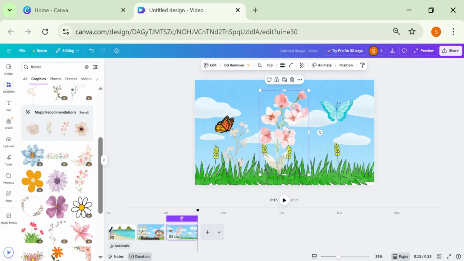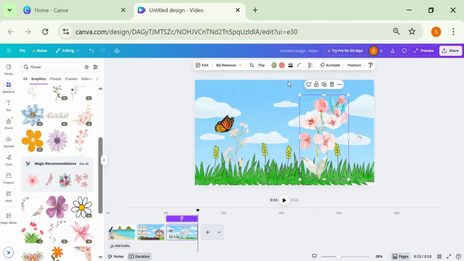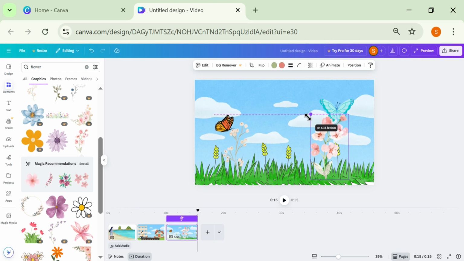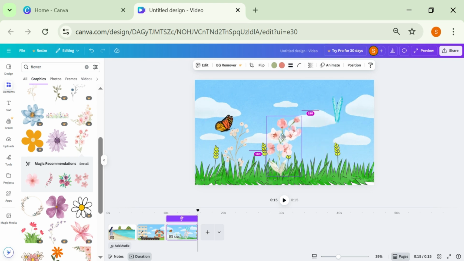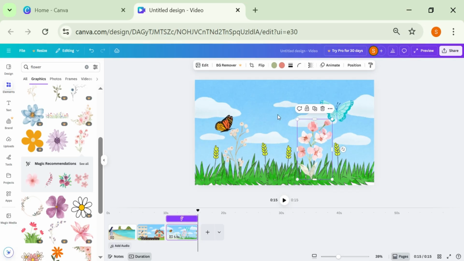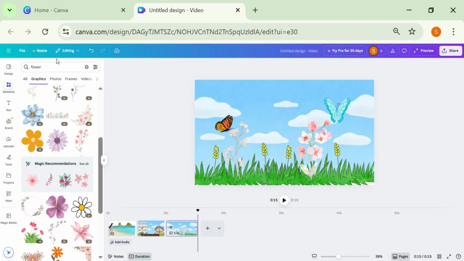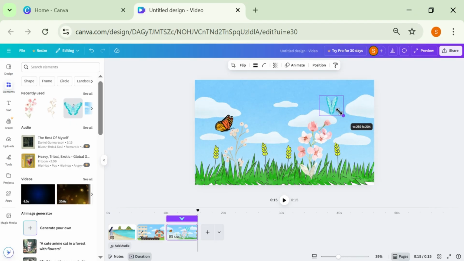From the search bar, choose another flower to add variety to your design. Take the flower's stem and place it on top of the grass. Resize it carefully and adjust its position so it looks naturally fixed in the scene. Close the search bar, resize the butterfly and position it carefully on top of the flower so it appears naturally